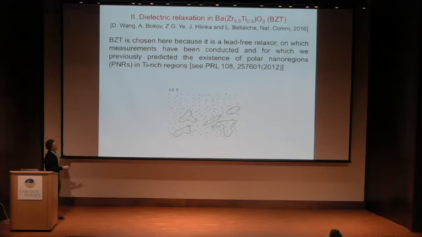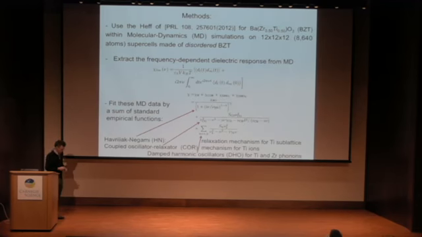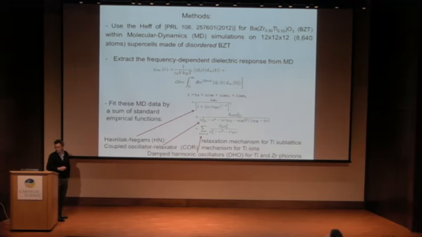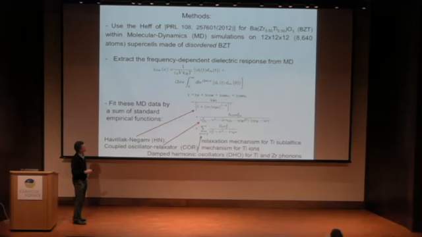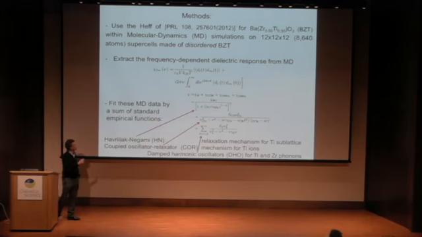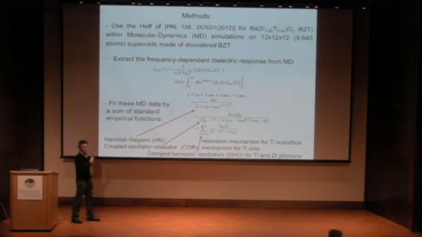Okay, what do we do with this system? Unlike the previous study I told you about, we're going to put the effective Hamiltonian, but we're going to use it in molecular dynamics, not in Monte Carlo simulations. The beauty of molecular dynamics is you can get the time dependency of your total electric dipoles, or your polarization. You compute the correlations between the dipole at time t and time 0. You do a Fourier transform, and what you get, it's the beauty of statistical mechanics, is the dielectric response, the complex one, so real part and imaginary part, versus frequency. This, we can get quite easily with molecular dynamics.